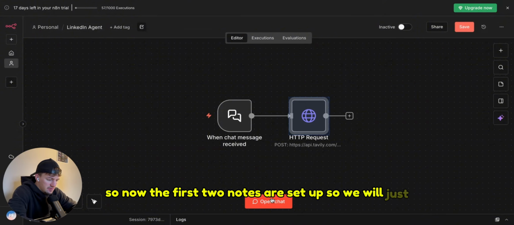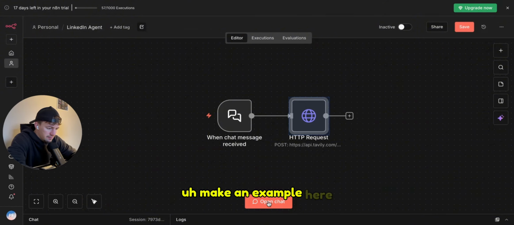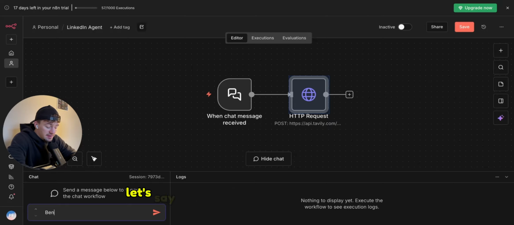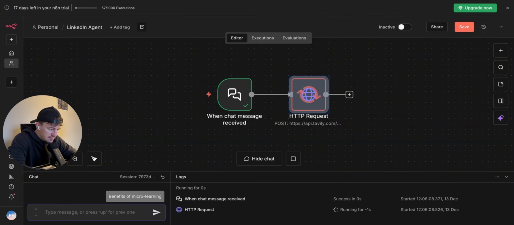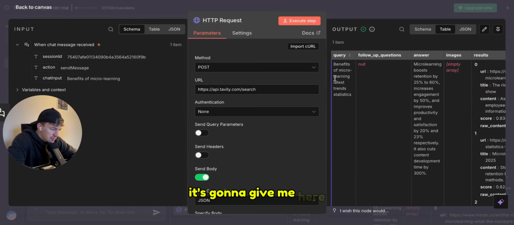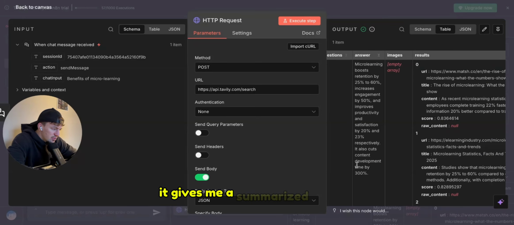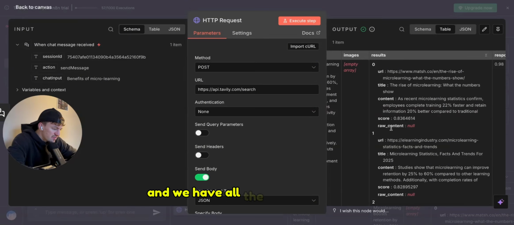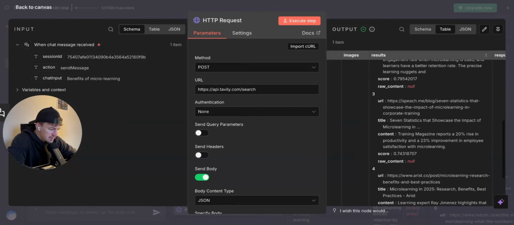So we will just make an example here. I will write, let's say I want to make a post about benefits of microlearning. I send it, and it's going to give me here benefits of microlearning, latest trends and statistics. It gives me a summarized answer, and we have all the results here. So it went out on the web, found a bunch of articles, and has read them,